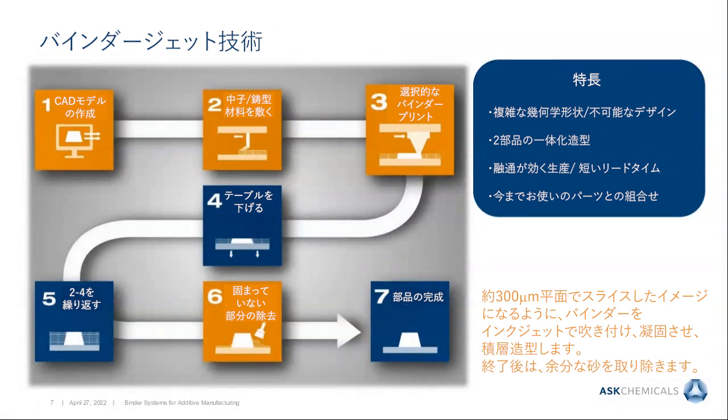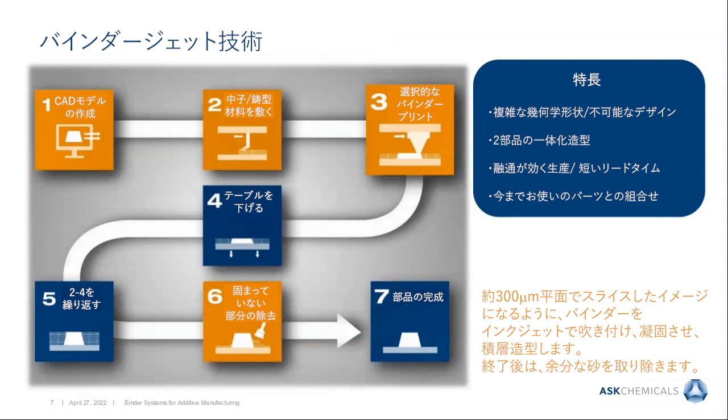Of course, the digital nature of the process enables very flexible production, therefore leading to shorter lead times in production. Combination with conventional parts is possible, so that not everything in a core package has to be printed. It can be combined with